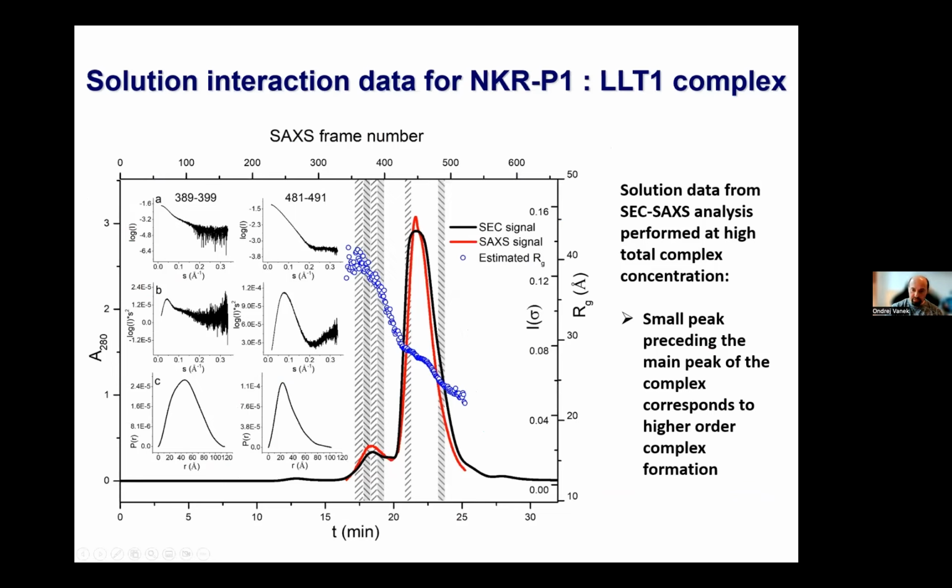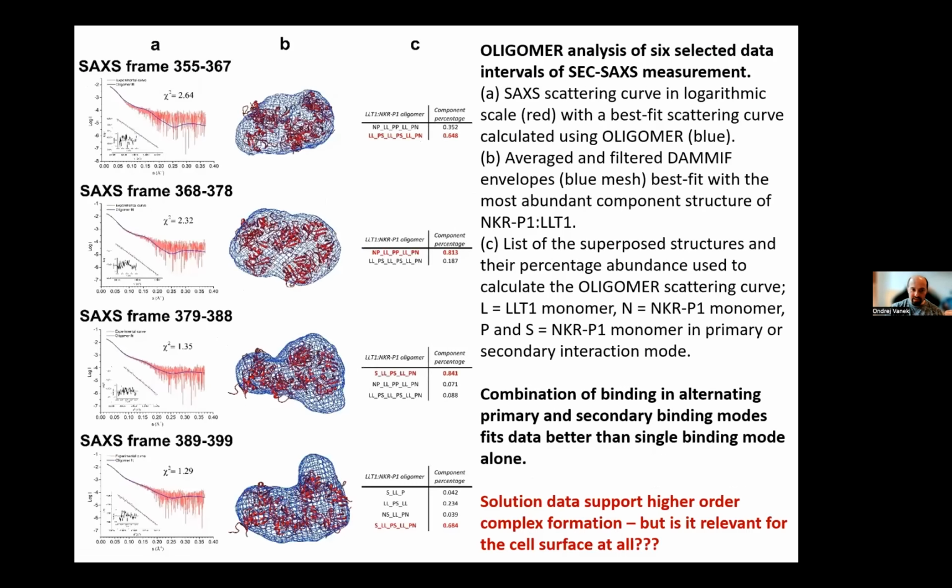The chromatography was performed at the highest concentration we were able to achieve, I think 18 mg per ml. So this small peak was a sign that even in solution we have some higher order complexes or higher order arrangements. We tried to analyze those data,